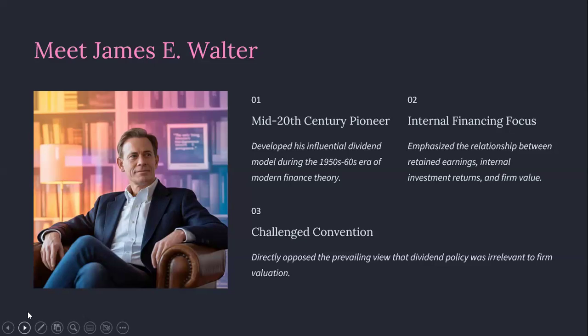He directly opposed the view that dividend policy is irrelevant for value of the firm. As per him, whenever I declare a dividend, whenever I give bonus shares, whenever I issue right shares or any other value proposition, whatever I'm changing, it will directly give trust and confidence to the shareholders, and it is indirectly helping me to raise investors' trust. So, as per him, investors' trust is directly linked with the dividend which I'm going to pay.